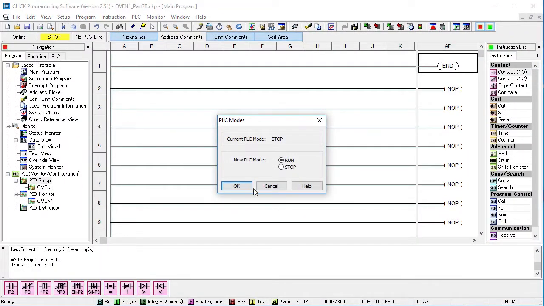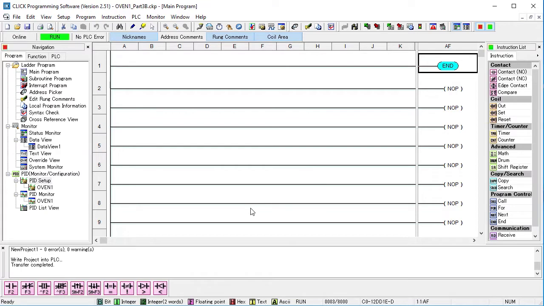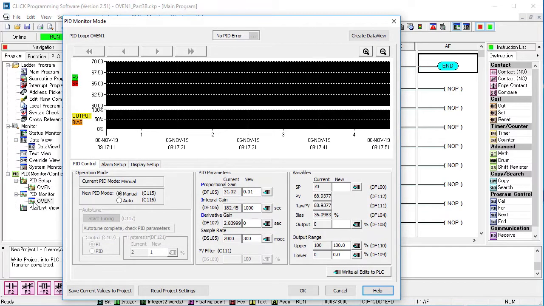Well, great. Now that we're connected to a PLC with a configured PID loop, we can double-click on the new PID monitor that was automatically created for this loop. I love this dialog because I can see at a glance everything I need to know about my PID loop. And right now, it's telling us something really important. If you look at all of these values, the right-hand column is what's in the project, the left-hand column is what's in the PLC. Do you see it yet? Yeah, even though we transferred the project to the PLC, none of the PID configuration values have been written to the PLC yet. Why is that?